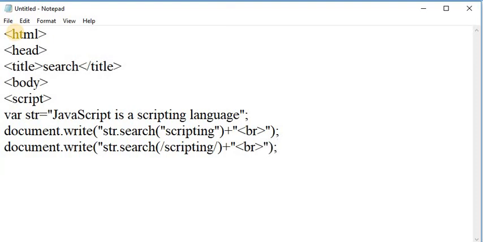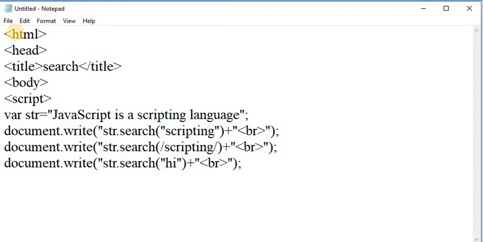Again I am finding a string which is not present in this string, that is hi, plus here a break tag.